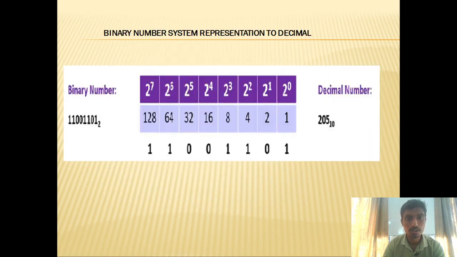So, representation of the binary number system. There are two types of representation of the binary number system. Firstly, 2 raised to 0, 2 raised to 1, 2 raised to 2, 2 raised to 3, up to 2 raised to 7 or 2 raised to the value that you want. So here is the SOP, meaning sum of products. 2 raised to 0 is represented as 1, 2 raised to 1 as 2, 2 raised to 2 as 4, 2 raised to 3 as 8.